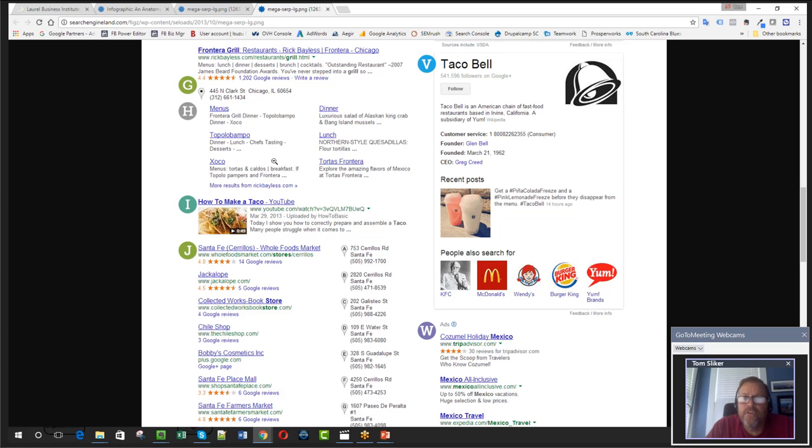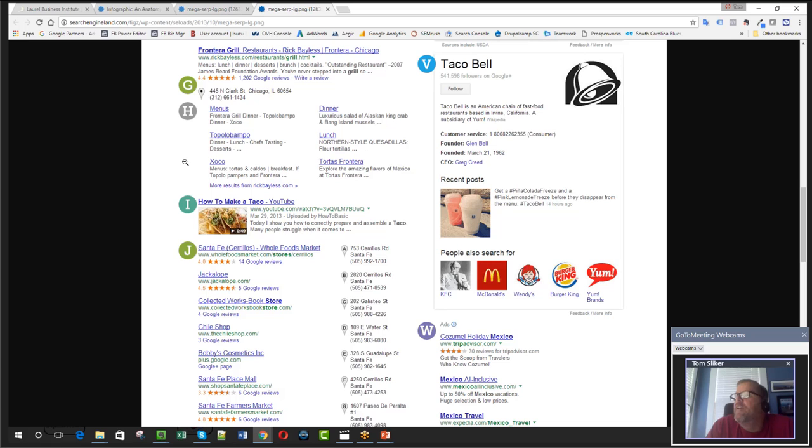What Google typically does, remember, Google is like an ongoing science experiment. It really is. So they might display two of these, menus, dinner, and lunch or whatever, and then they'll see which one gets the most clicks or which one doesn't get clicked, and then they'll drop the one that's not getting any clicks, because they're all about clicks, right? Google is always looking for clicks, and that's how it determines value. The real estate on this page is extremely valuable to Google, so they don't want to waste it. They don't want to put anything on the search results that they don't think has a good chance of